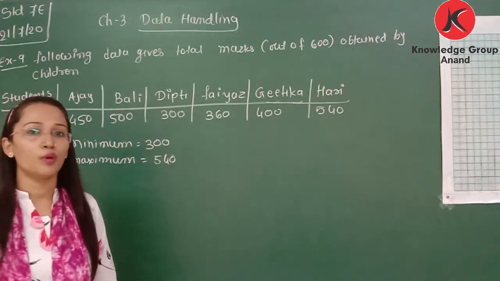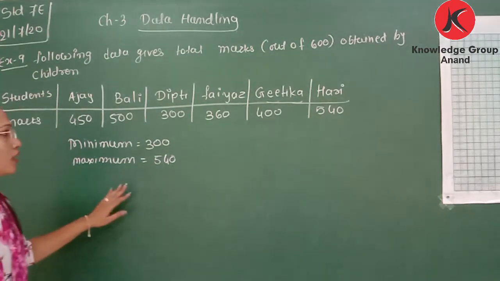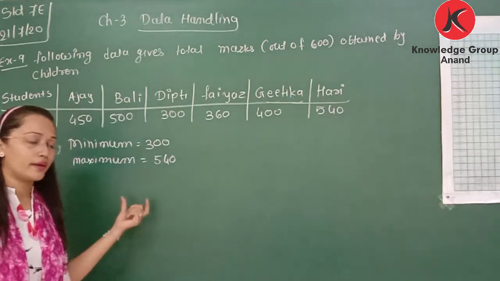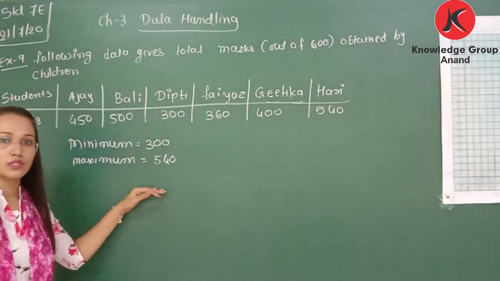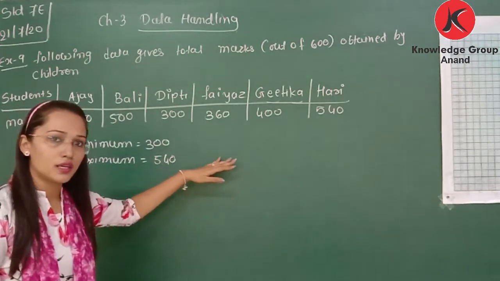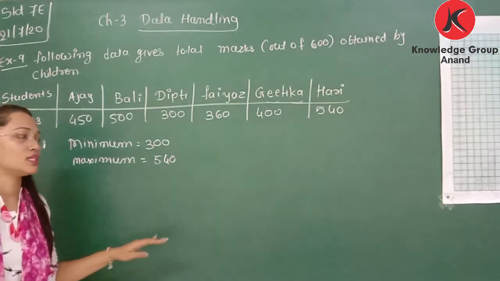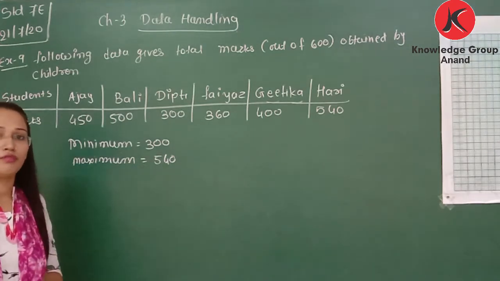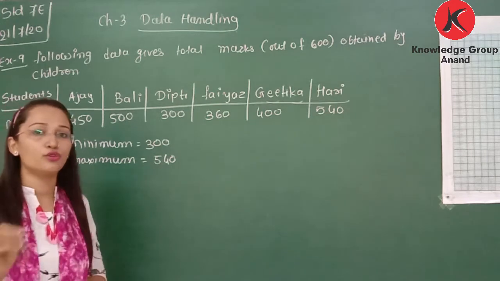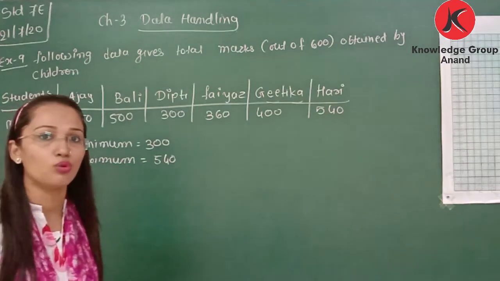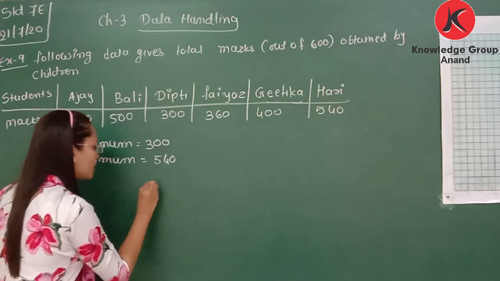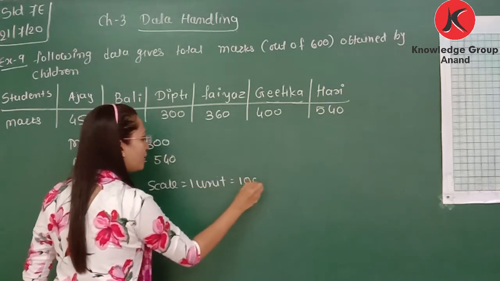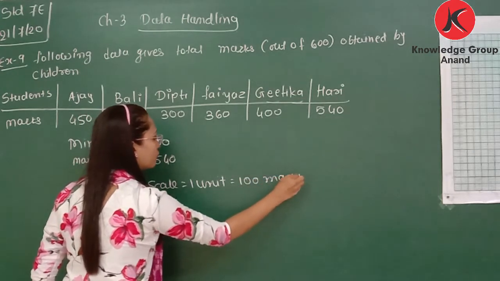So it is more important to use a scale in a graph. Now if we use a scale where 1 unit is equal to 100 marks, then you need to represent marks from 0 to 600. So it will be easy, or you can take 1 unit is equal to 50 marks. Then it is also correct. Whatever way you write, it is correct, but you must remember what the value of one box is. If we select the scale 1 unit is equal to 100 marks in a 5 by 5 graph.